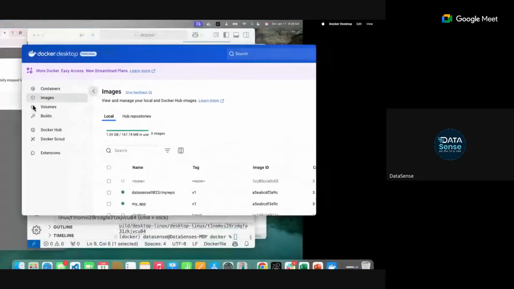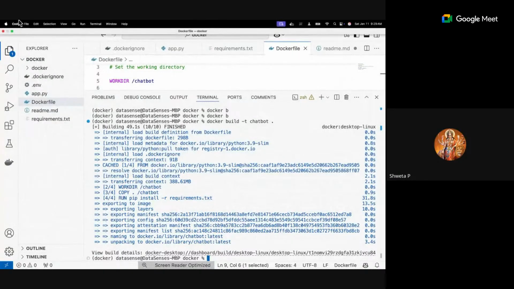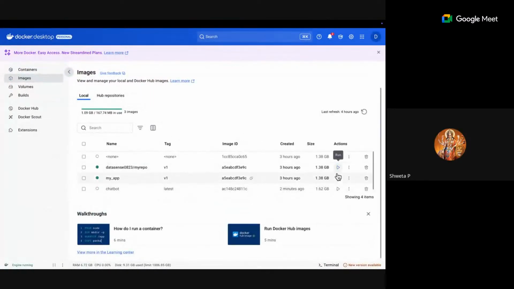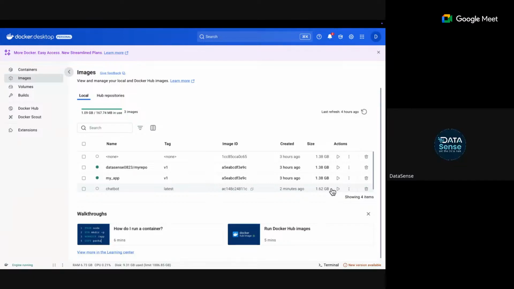My code, for example, what is the size of this code? Hardly KBs, right? How does the size of my Docker image become so large? Because it has the OS image too. It downloaded the OS, it downloaded Python, it downloaded all other dependencies in my container. All the libraries that we mentioned got installed there. Remember, Windows OS are heavy, so they take space. That's why images are generally heavy.